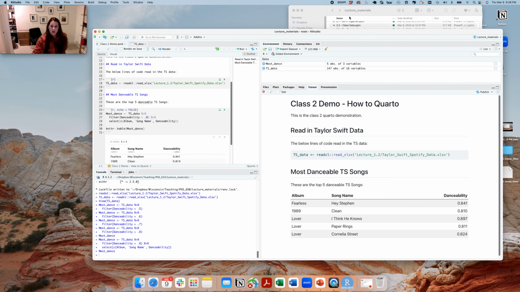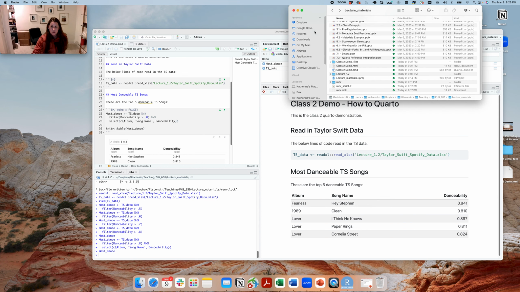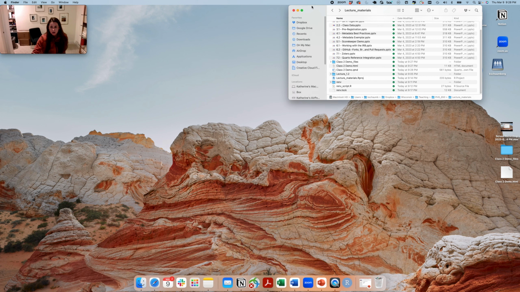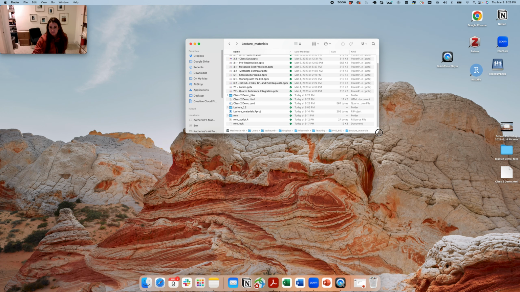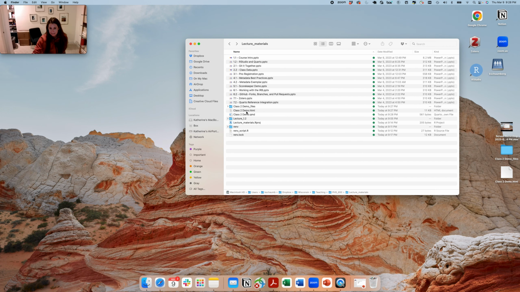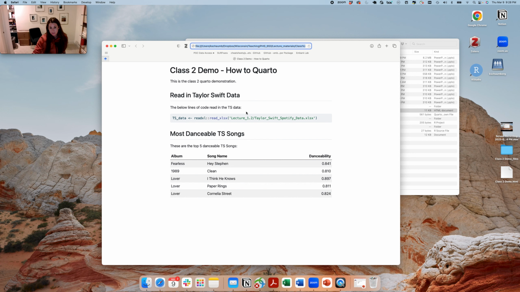So I'm gonna save that, and then we're gonna go back to the folder, and I'll just show you here. Now I have this HTML, so this is actually what knit, and it's its own file now. So I now have this output that gives me that file. So this is an example of what you'll be doing for